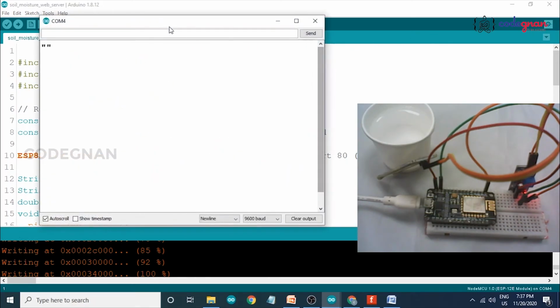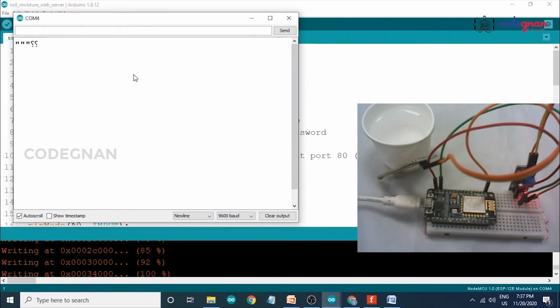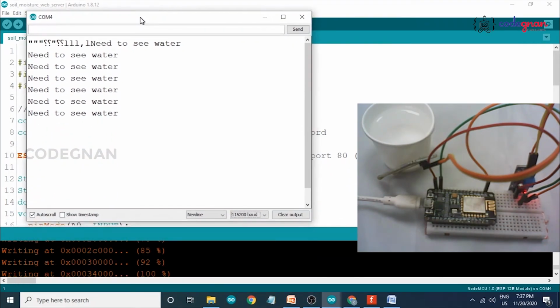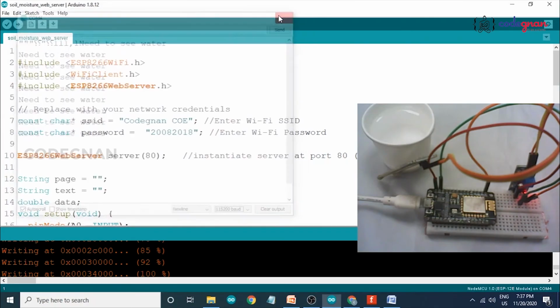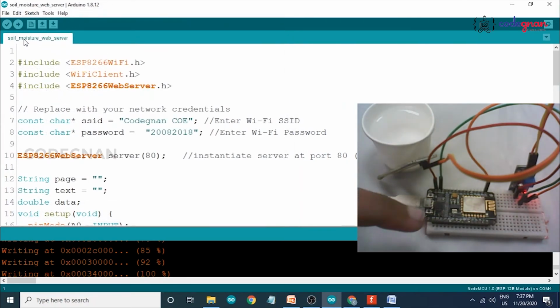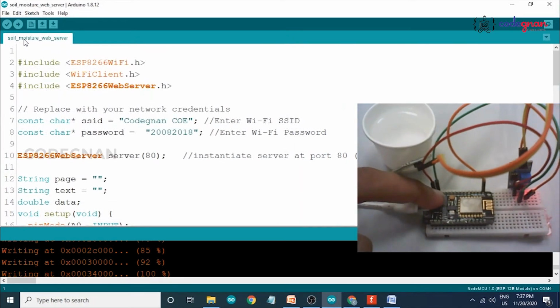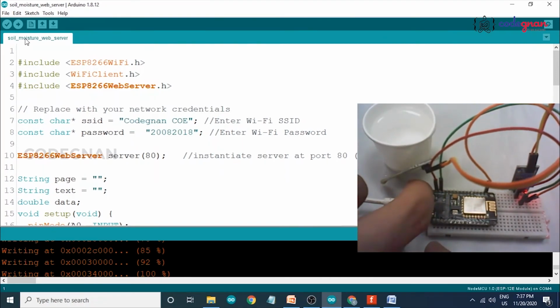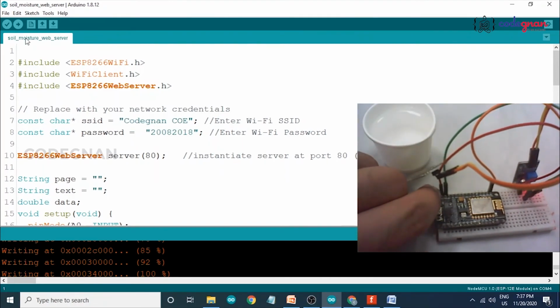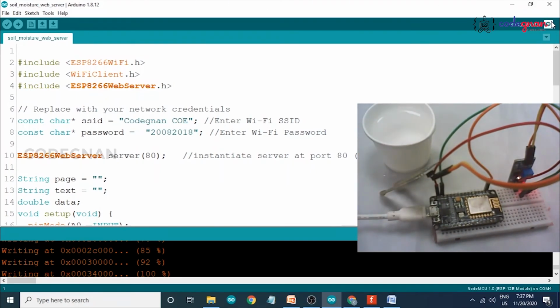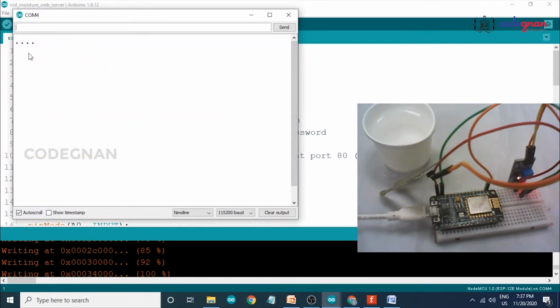Open your serial monitor. Check your baud rate. If your baud rate does not match your program, it shows garbage like this. Now it needs to show water. That means re-upload it, or we can also press the reset button on the NodeMCU and see it start connecting.